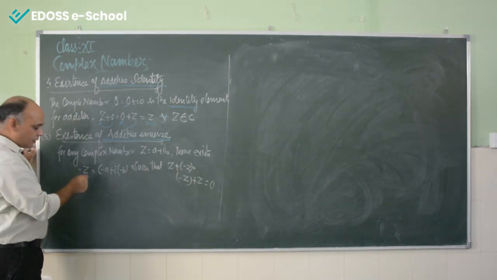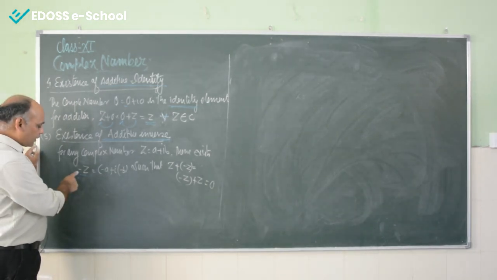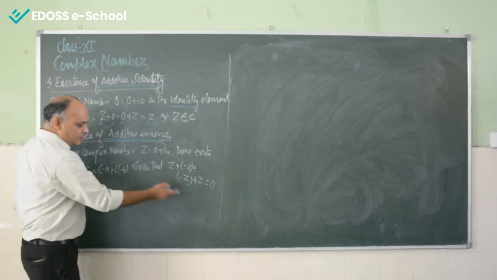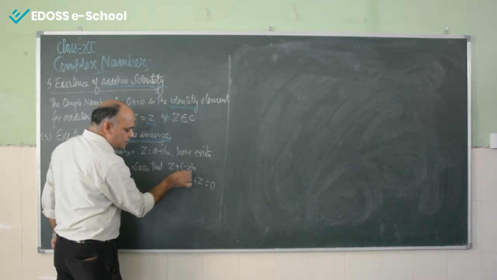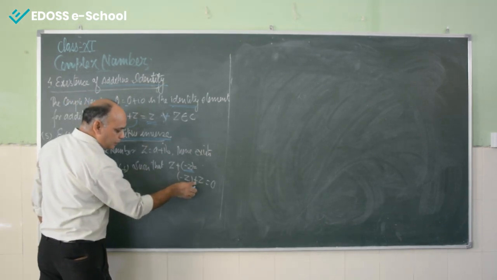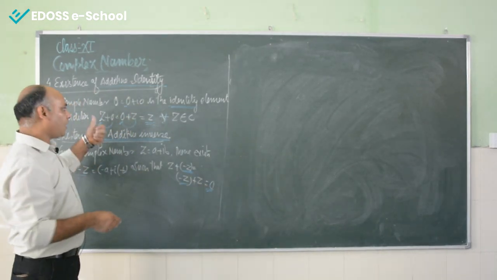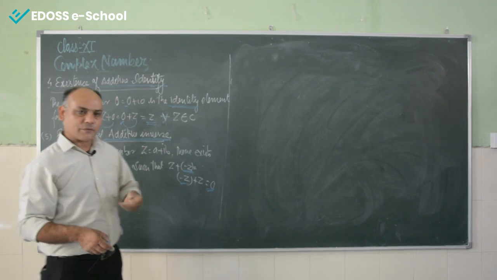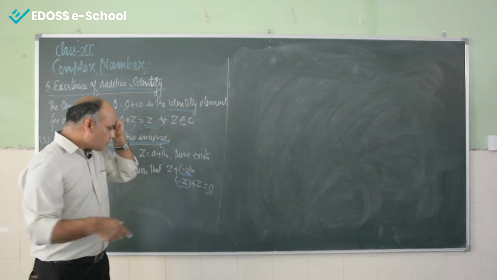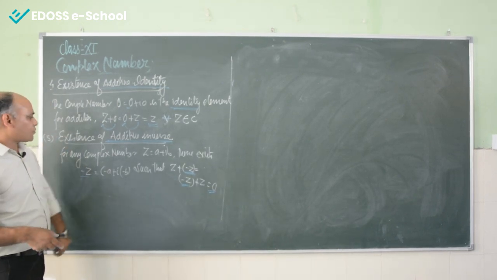If I say minus of Z, you can say it is the negative of a complex number, that is minus Z equals to minus A plus iota of minus B. In such a manner that Z plus minus Z, this minus Z is known as additive inverse, or you can say minus Z plus Z, both cancel out, you will get 0. These were the properties of addition: the first was closure, then associative, then commutative, and then existence of an additive identity, then existence of an additive inverse.